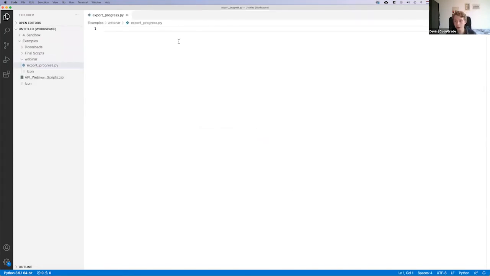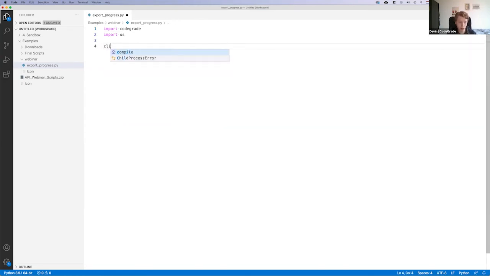Create a file called export progress. And let's start by importing CodeGrade and importing OS, since we need OS to get the environment variable. So first thing, we can log into CodeGrade, and let's do that right now via the call it client, and we use CodeGrade